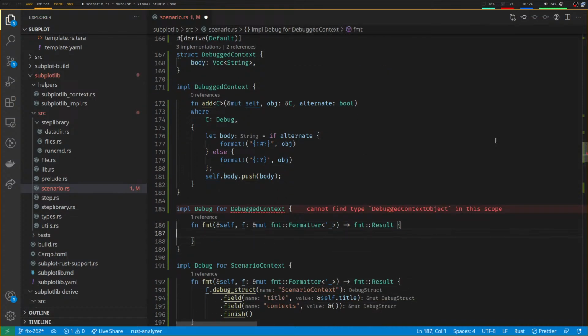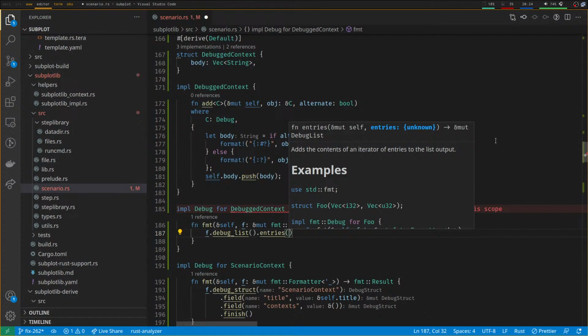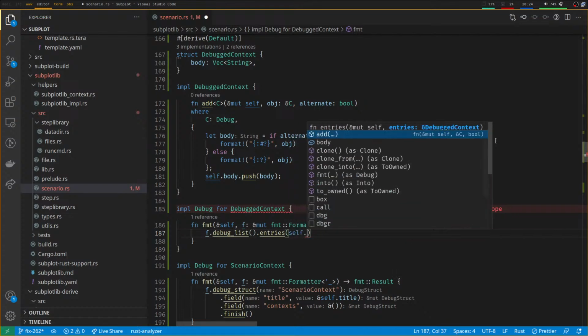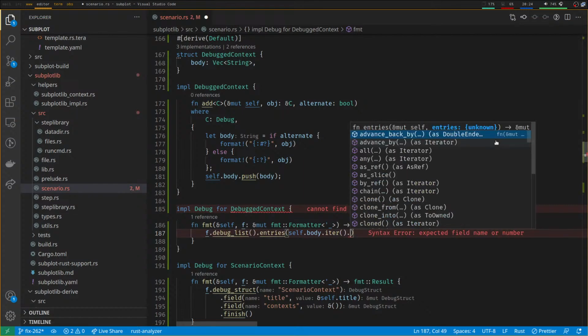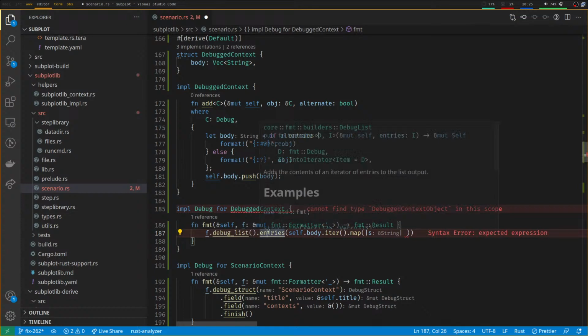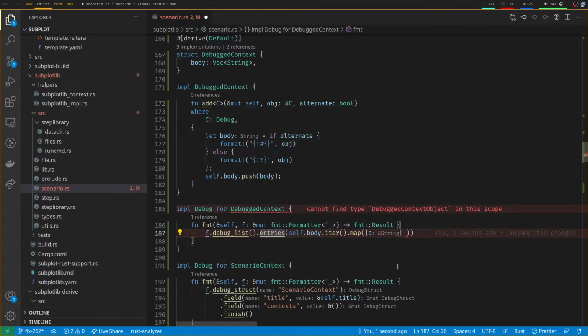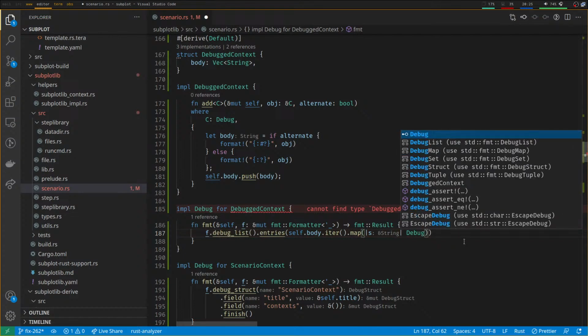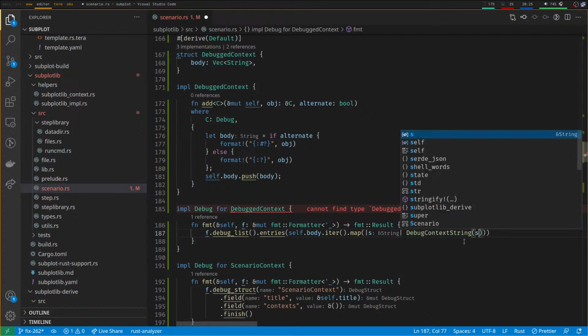And this is going to be f.debug_list().entries. And we need an iterator here, so it's going to be self.body.iter().map given an s. We're meant to return something that is debuggable. Entries, yep, needs a thing that's impl Debug. So it's going to be a DebugContextString of s,